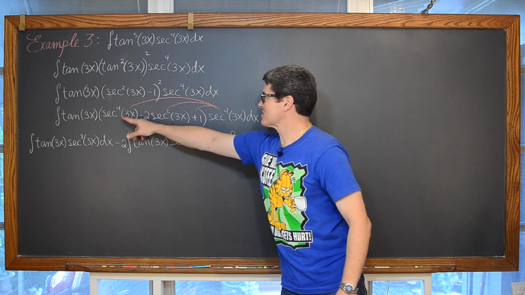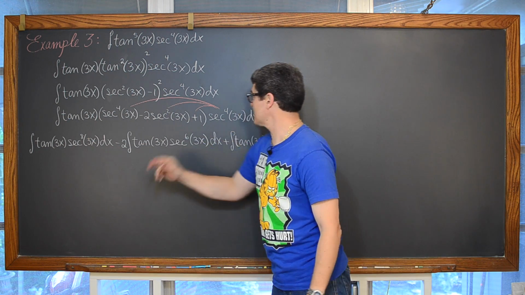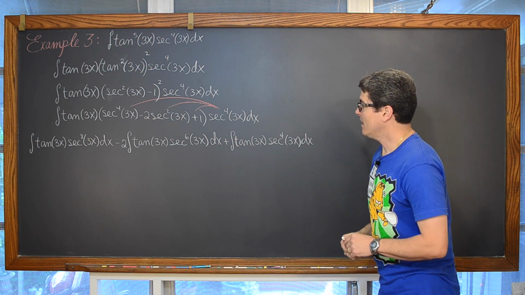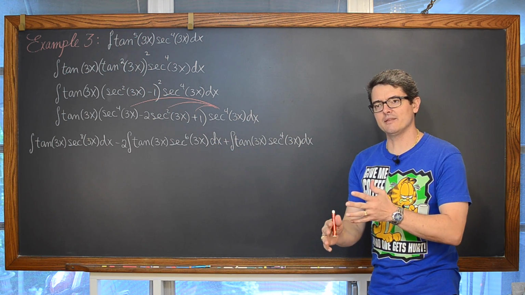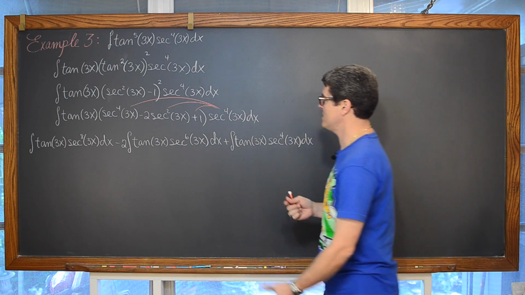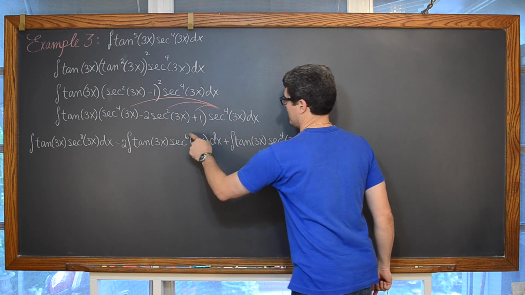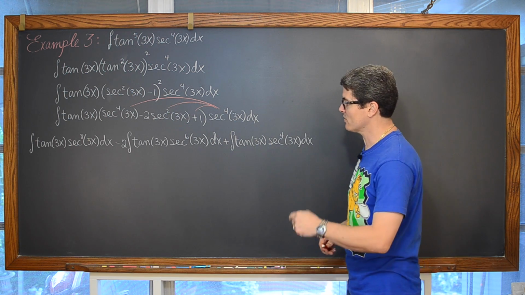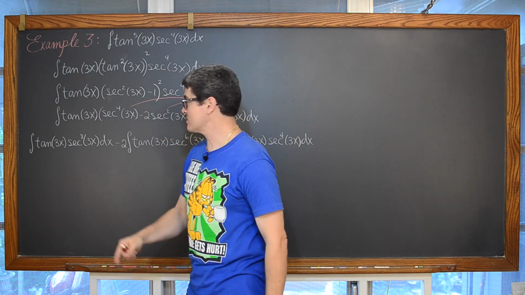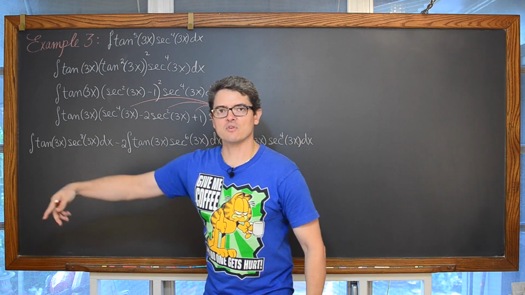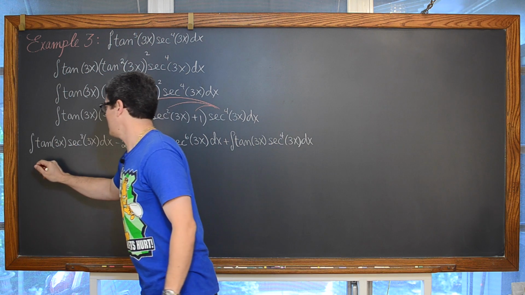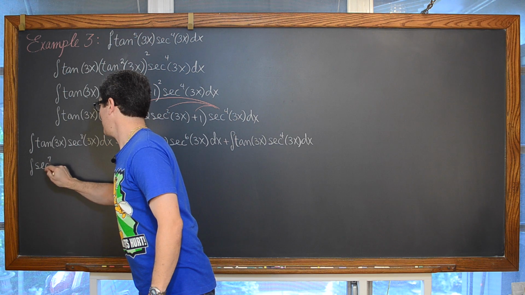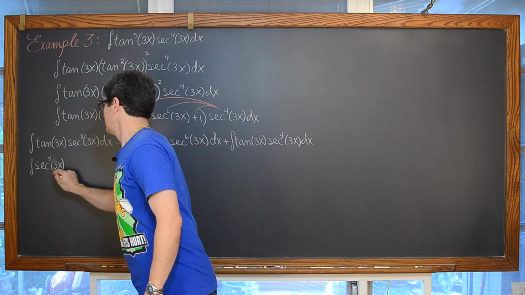So we have that binomial expanded, multiplied the tangent of 3x and the secant of 3x to the fourth power through each of those three terms. Now, I'm going to show how we're saving that secant tangent factor, because now we see we have a secant raised to a high power in each of these three terms, and the derivative of secant is secant tangent. So we're going to pull one of these powers of secant out, and I'm going to put the powers first just so we have the du at the end, and we're going to have the indefinite integral of secant of 3x to the 7th power.